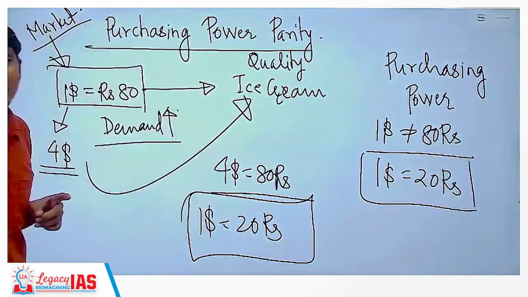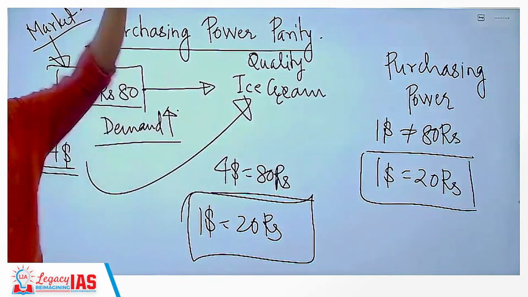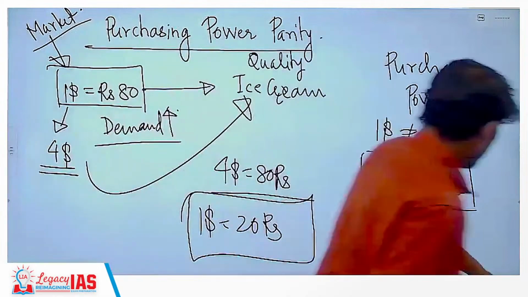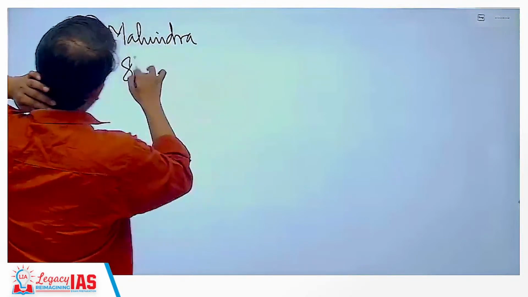Because everyone demands dollars, right? Since everyone demands dollars, its value has artificially increased. I'll give you another example to understand this. Right now, Mahindra share is trading at